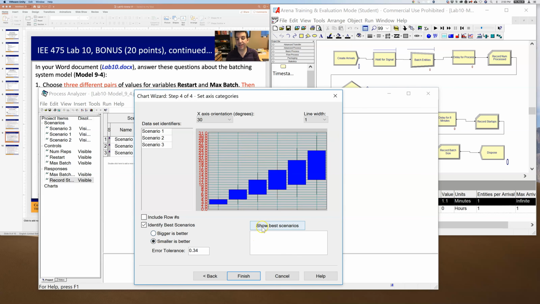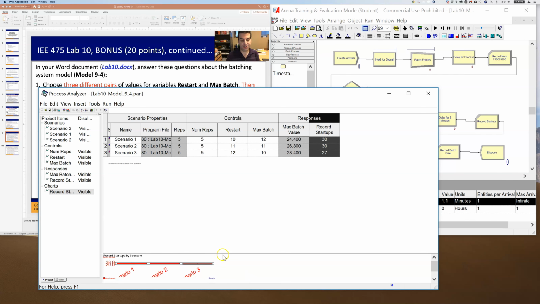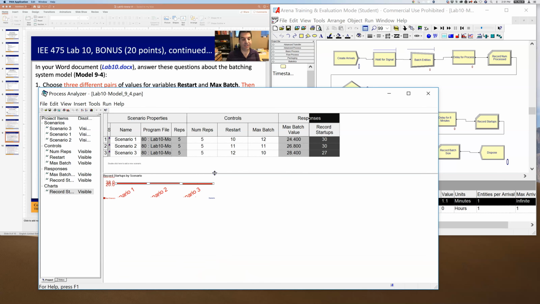If I just want to see ahead of time what it'll end up plotting, I can hit show best scenarios. And I end up seeing it shows all 3 scenarios here. And let's see what's going on there. So hit finish. It plots this chart, which I can't really see, but if I right click and then say